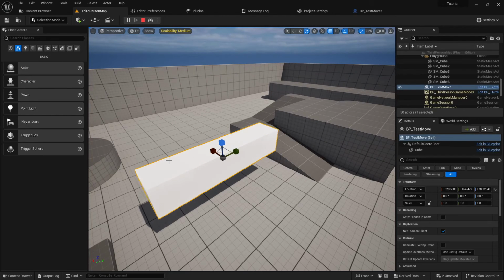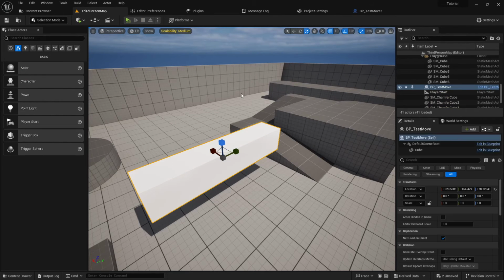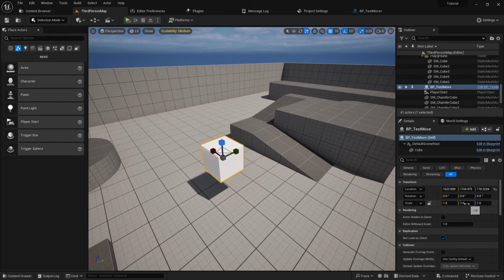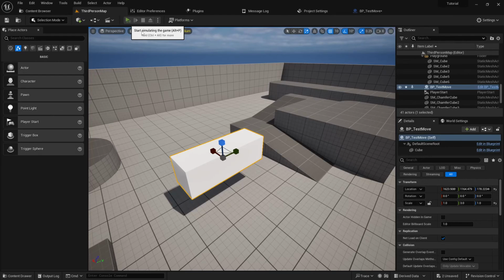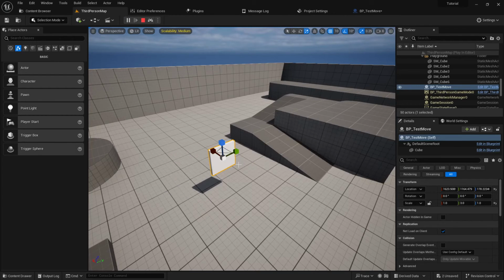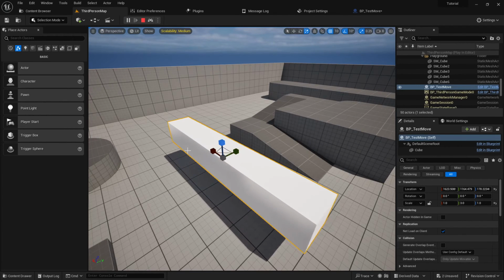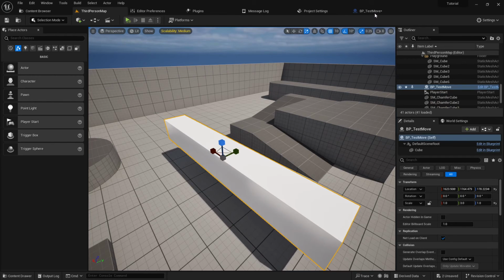So now you can ask the question, both have the same functionality, but what is the difference between them? So now we will try the difference between them. I just give a scale value of 3 in the world, and I try the set world scale 3D from the x axis. So now if we play, you can see that our y z become 1 1,